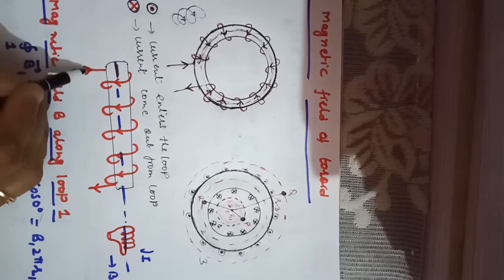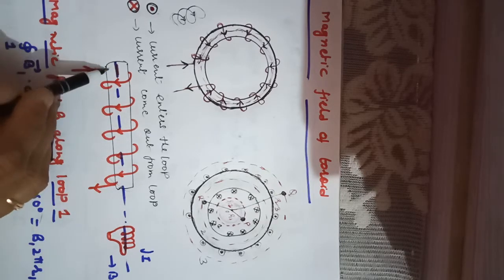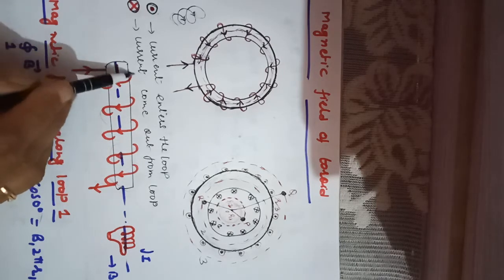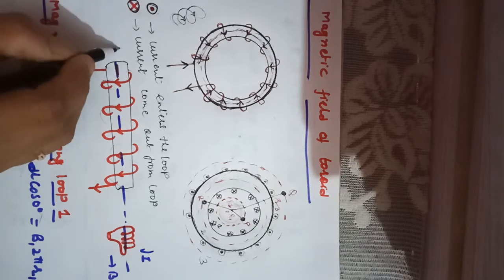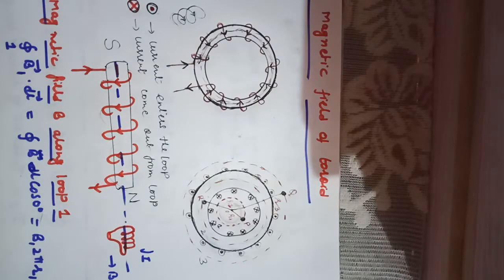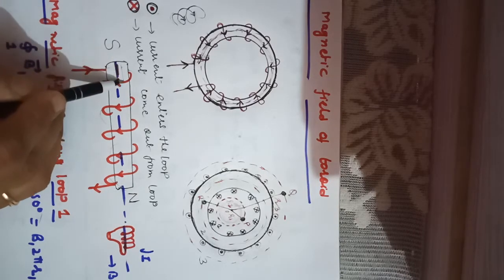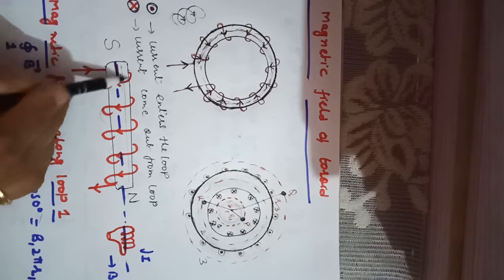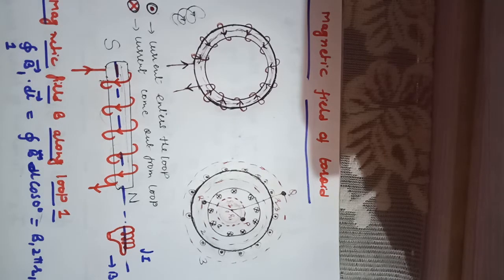See, suppose this is the solenoid and the current is entering like this. If the current is moving like this, what direction is this? This is the clockwise direction. So this face will behave like a south pole, and this face will behave like a north pole. So the direction of the magnetic field will be lying inside. On this turn, it will lie perpendicular to the turn and inside the solenoid. Now in this condition, we are going to apply the current loop rule. How? And what is the meaning of this dot, and what is the meaning of this cross sign?